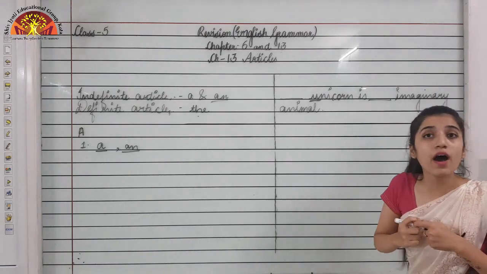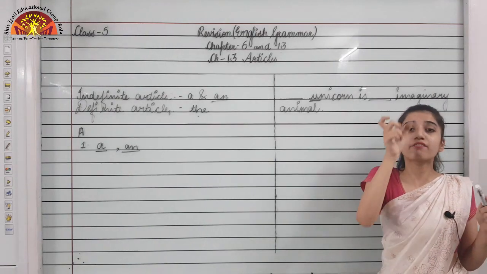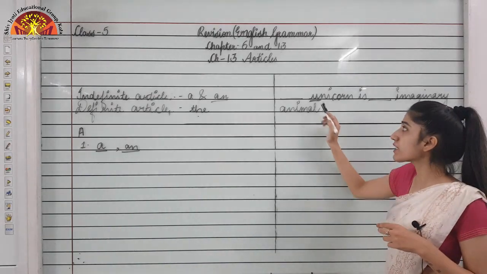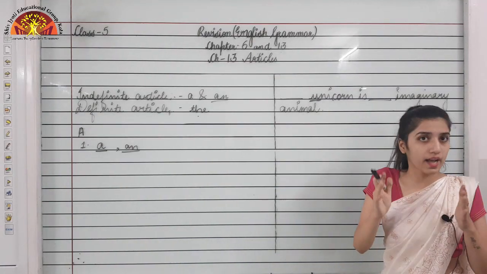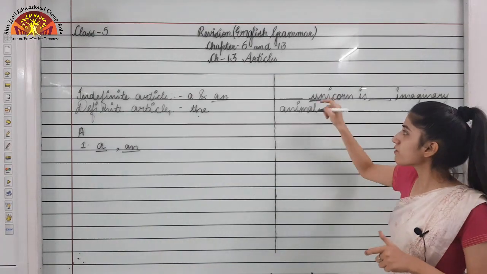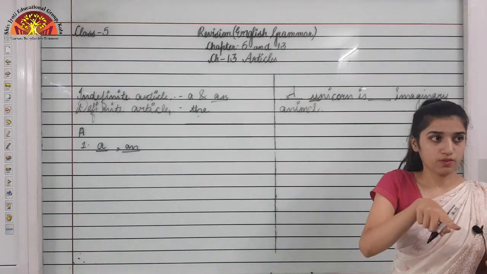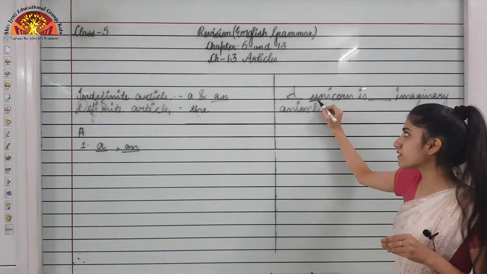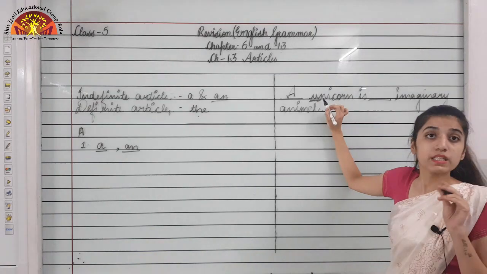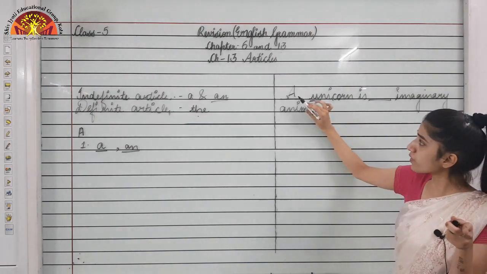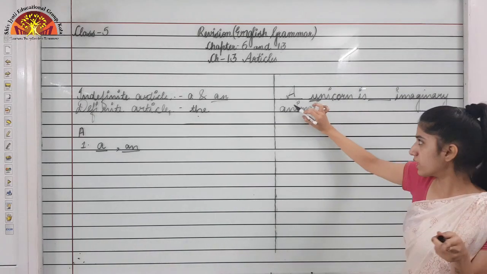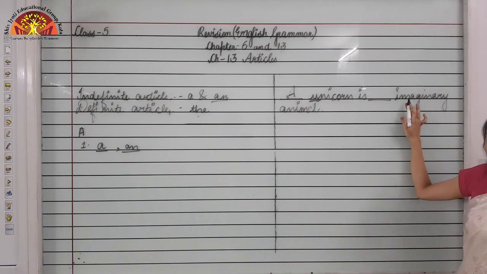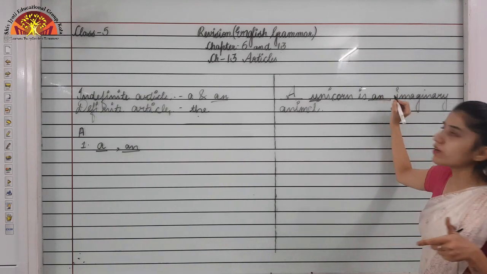But to see the sound of unicorn, we can find that the sound is having Y, okay, it's having U, that's why it's having the sound. It's not having the sound of A, it's having the sound of Y. The sound is starting from Y. So what we will put is a, not an, okay, because we are referring to the sound, not the vowel in it. We can count that it's starting with U, but the sound is coming of a consonant. That is why what we use is a over here. Now moving to the second blank: dash imaginary. Now the sound is of vowel, so that is why we use an over here, okay.